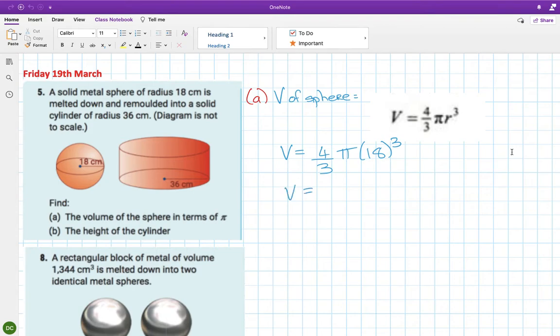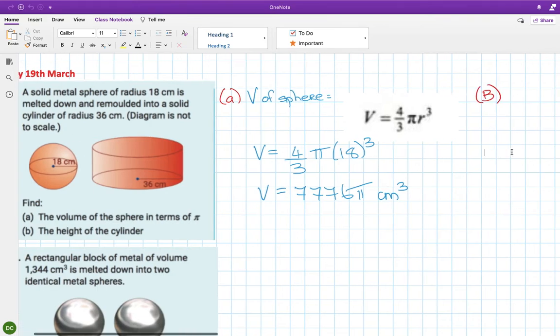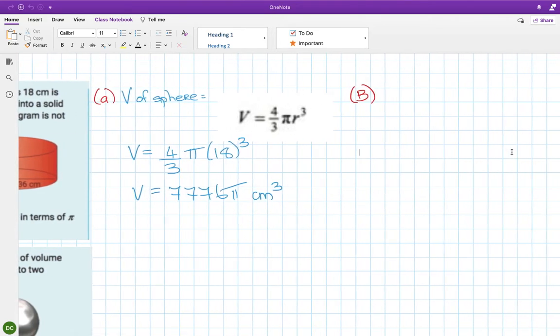So they wanted it in terms of pi. So that is 7,776 pi centimeters cubed. Okay, and then they wanted to find the height of the cylinder, which they haven't given us. So this is where, like the example I did, we take into account the fact that they're recasting the sphere